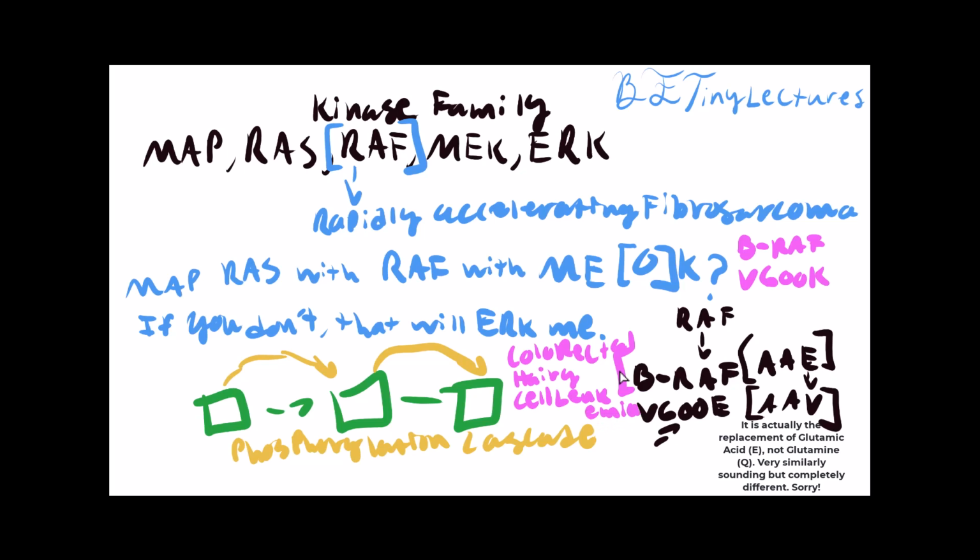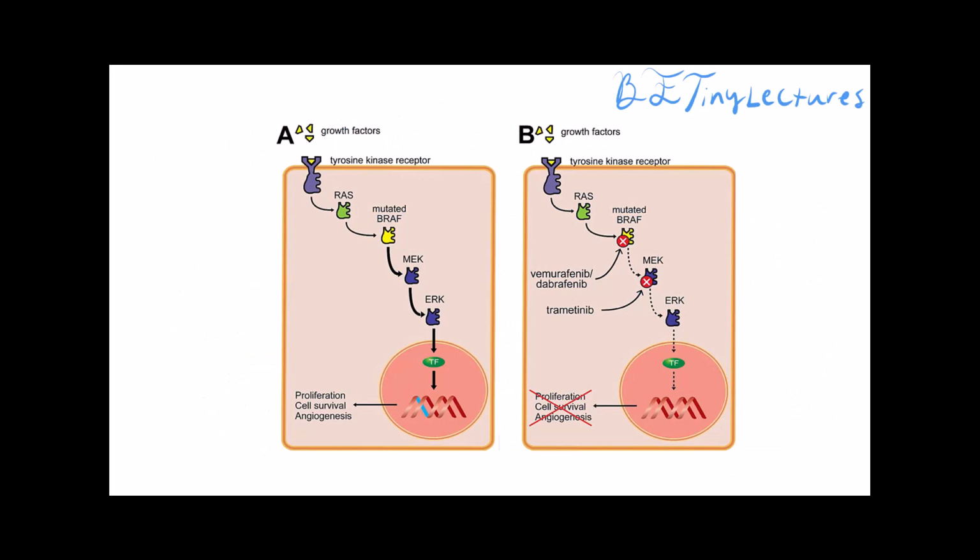So 100% of the time, you will always see a mutation in the BRAF gene when you're dealing with hairy cell leukemia. And you will always see a mutation with the BRAF gene when you're dealing with melanoma. When we're dealing with cancer, let's say melanoma or even colorectal cancer, you have some abnormalities in the phosphorylation cascade with the kinase family. So here we have some growth factors right there. So the growth factor is going to press this button, and the button is going to release RAS. And then RAS is going to interact, it's going to phosphorylate the BRAF